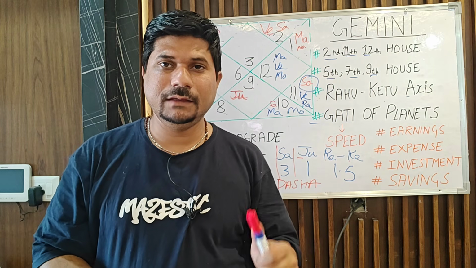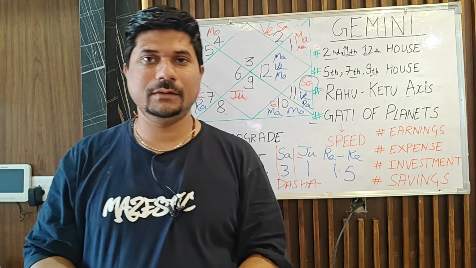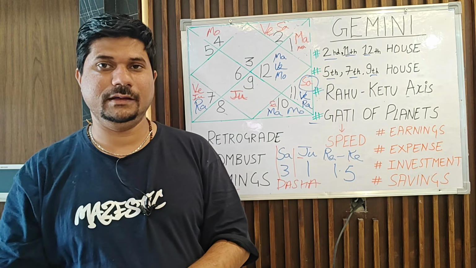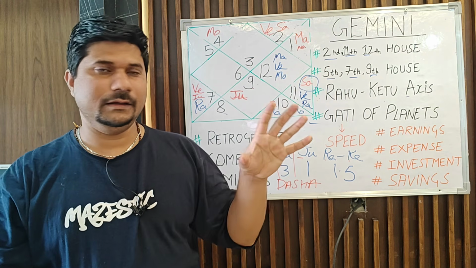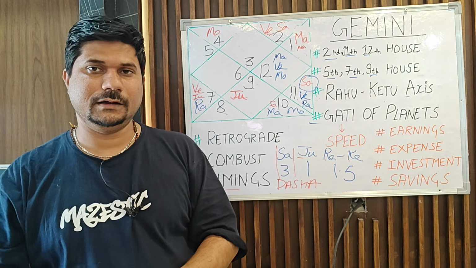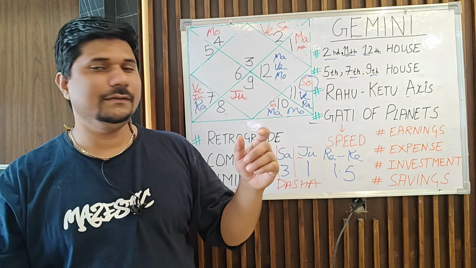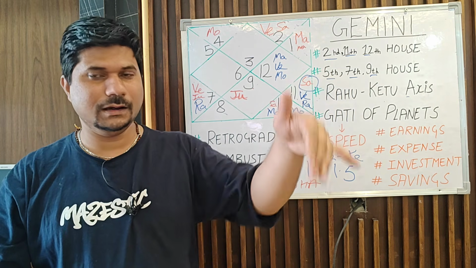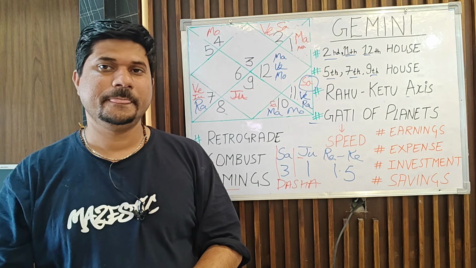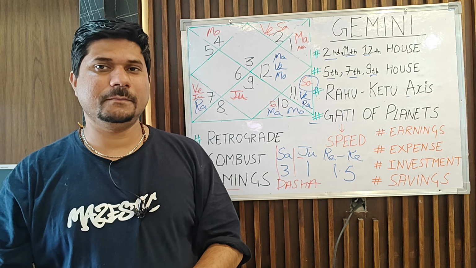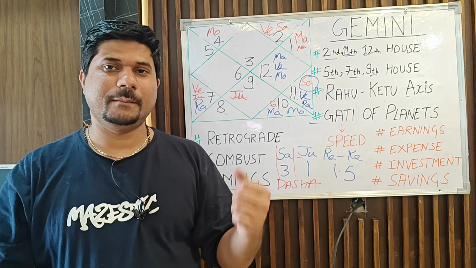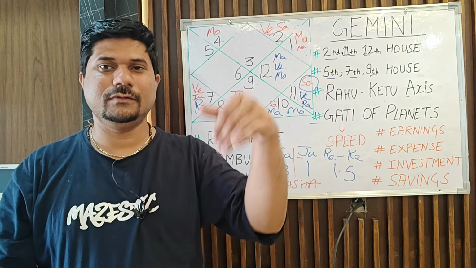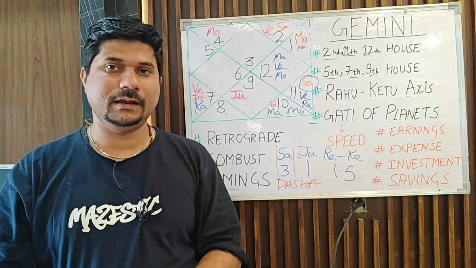Many people are in the field of business. They are doing $1 billion, $1 million of businesses nowadays. So this business aspect is also studied using this chart. We can easily funnel it down to a more minute level: when you are going to receive your shipment, when the goods are going away, when the export is happening, when import is happening, when you are going to receive the payment into your bank account.